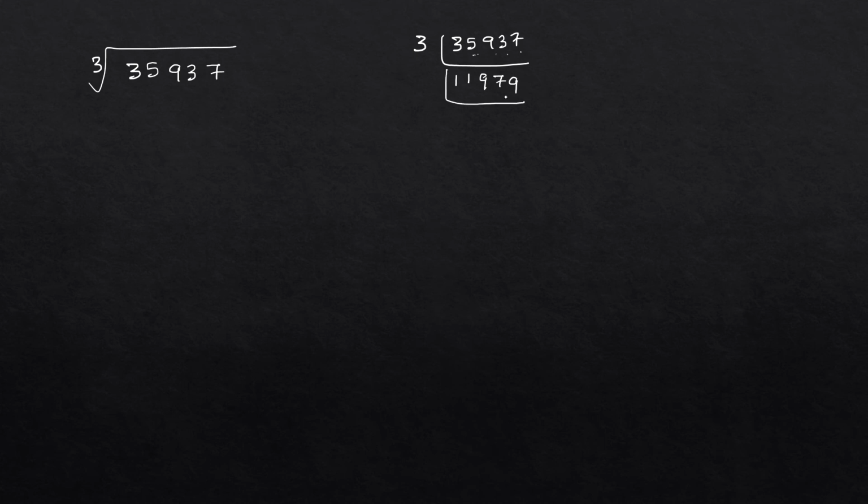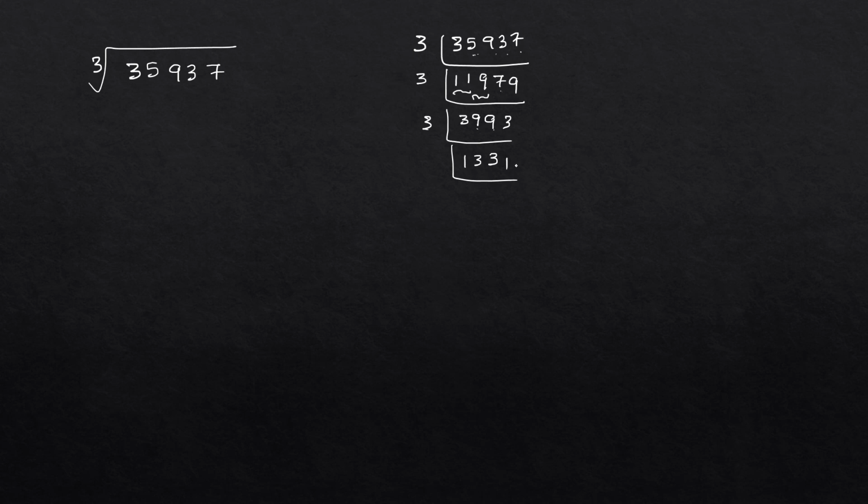Again it is an odd number, so I cannot go for 2. Let me check for 3. 9 plus 7 is 16, 16 plus 9 is 25, 26, 27. Yes. 3 3s are 9. 2 remainder 29. 3 9s are 27. Again 2 remainder 27. 3 9s are 27. 3 3s are 9. Again it is an odd number. Go for 3. 1331 is divisible by 3 itself. 3 1s are 3, 3 3s are 9, 3 3s are 9, 3 1s are 3. Okay, 1331.